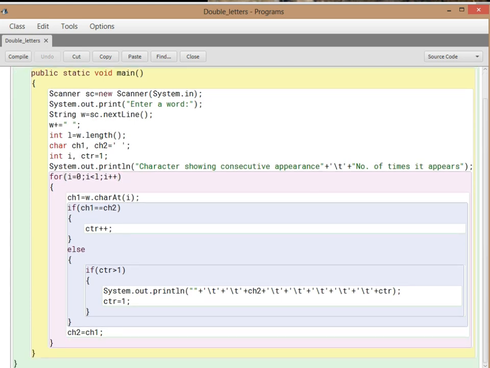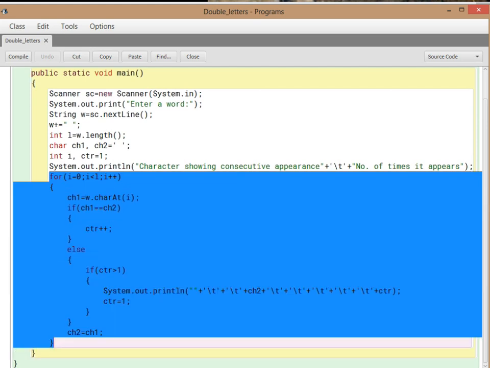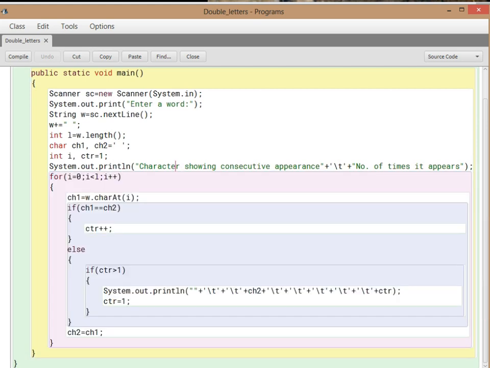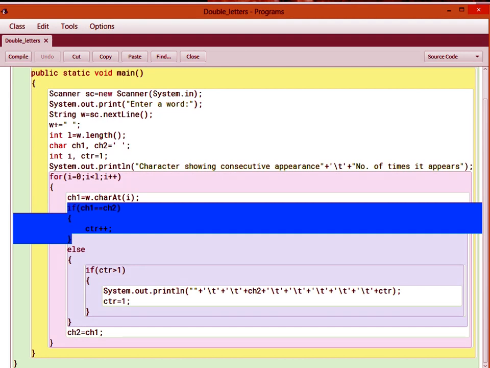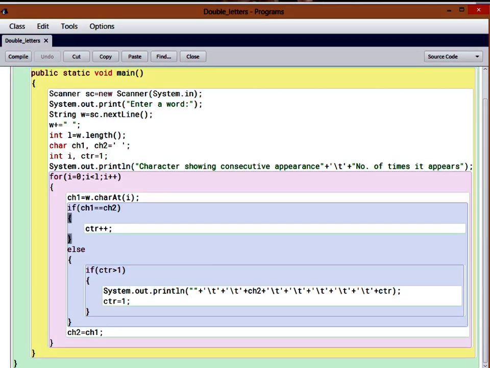Now this is the main logic. The loop will start from 0 to l: i equals 0, i less than l, i plus plus. Every time it will run and increment by 1. Now first, we will extract the letter at position i and keep it in ch1. There is a check after that: if ch1 equals ch2, then the counter will be incremented.